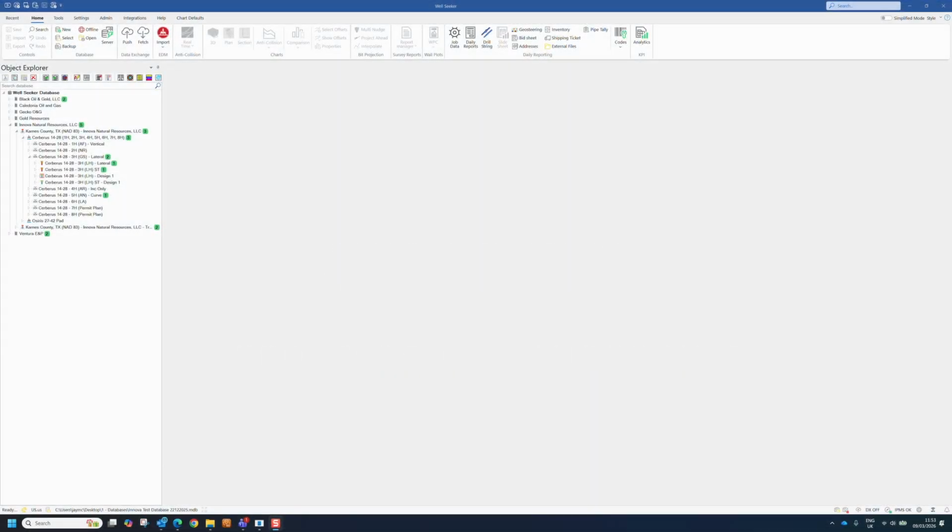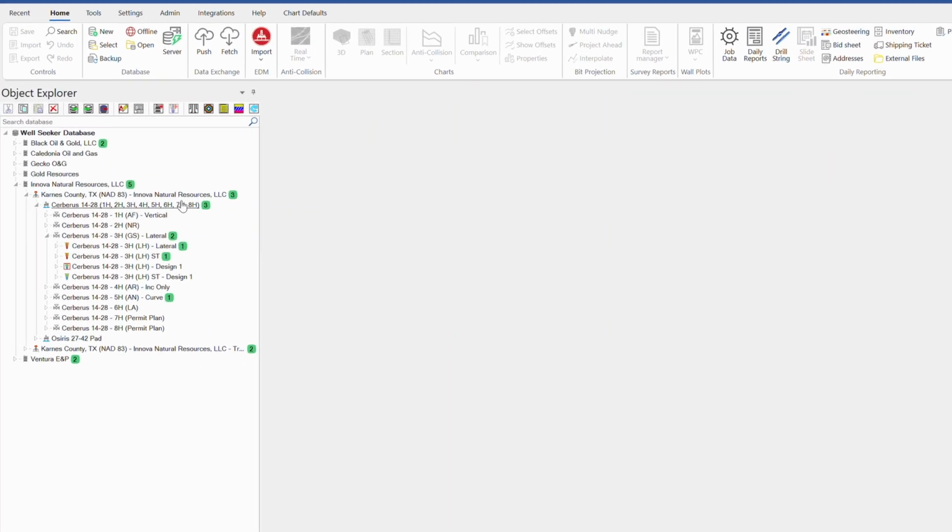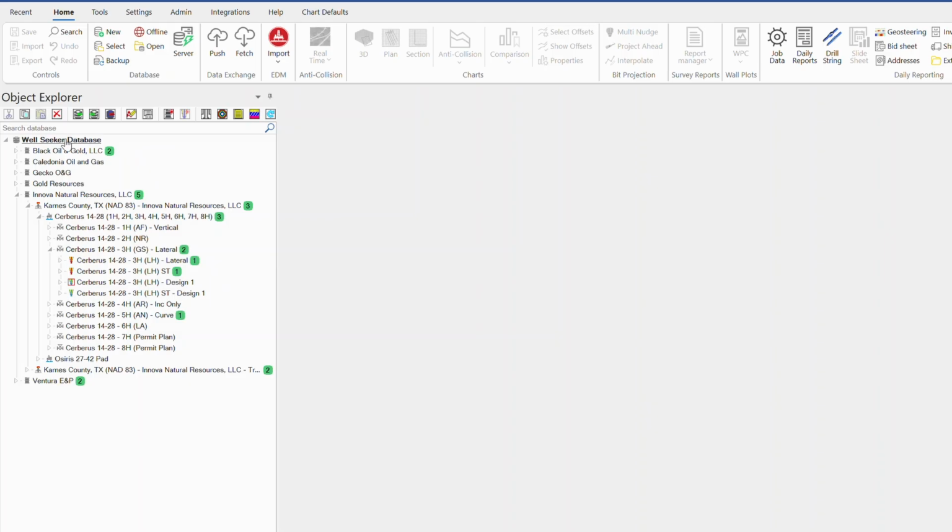In this video, I'm going to introduce the import-export functionality within WSX. This functionality resides around our database tree within the Object Explorer, and the reason that you would utilize the import-export function is because you may want to move some data from one database to another without actually sending